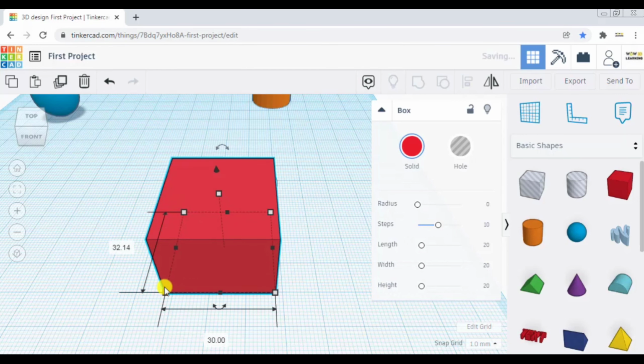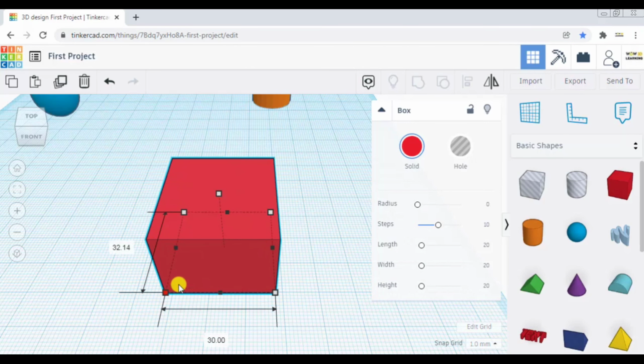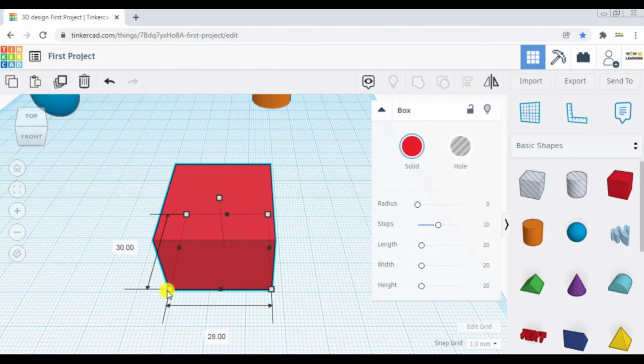Now if you press Alt plus Shift plus the left mouse button, it will lock it to the center. See this. If you press Alt and Shift on your keyboard, now it is locked in the center, and you can change the dimension and scale it accordingly.